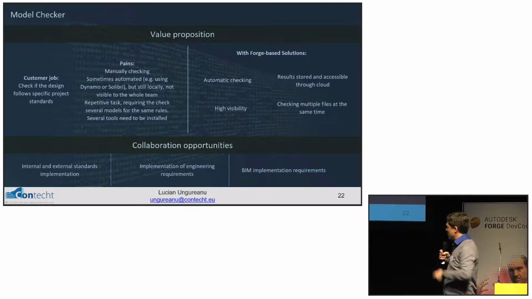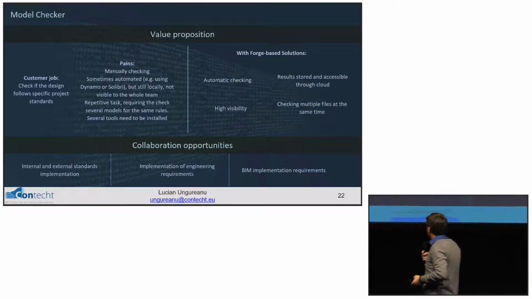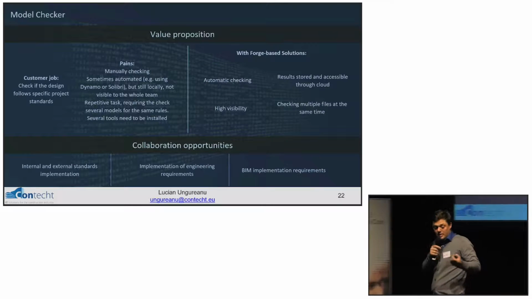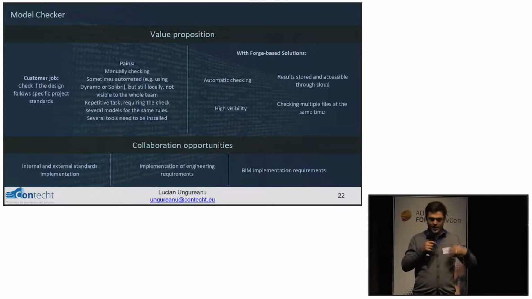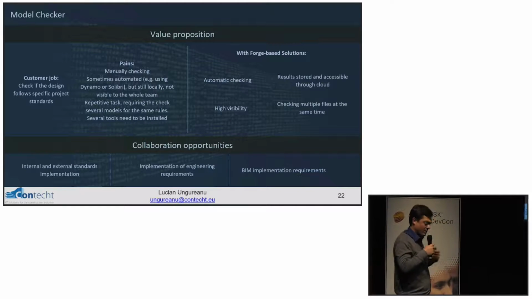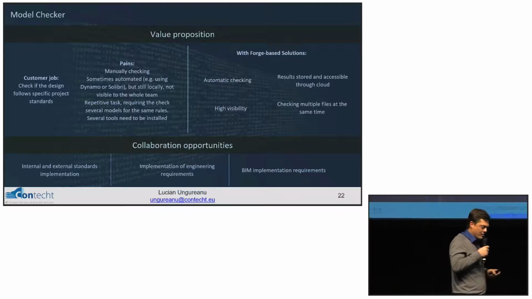Of course, most of the work is done locally, it's not visible to the entire team. And it's a repetitive task because you have to do it over and over again. With each phase, we have to recheck the models, right? After each design phase, you have to recheck the models to see